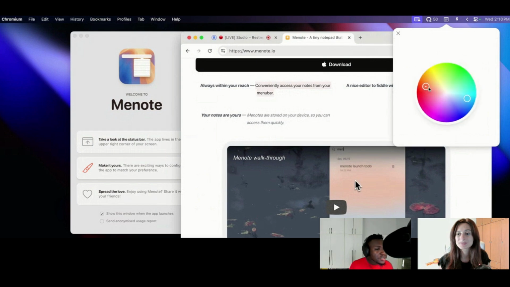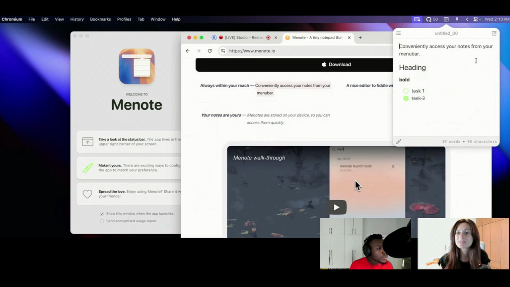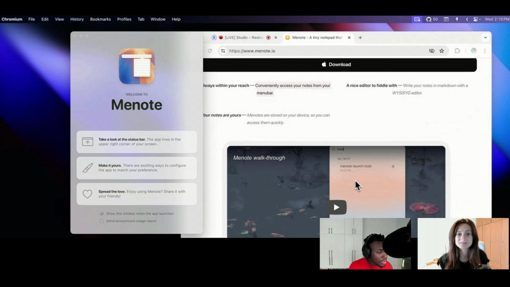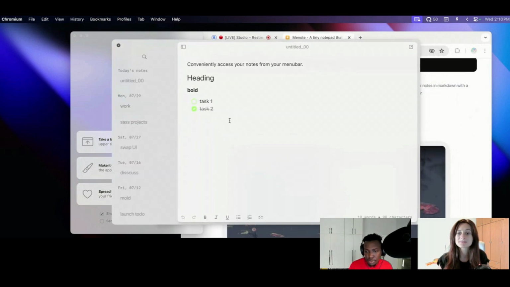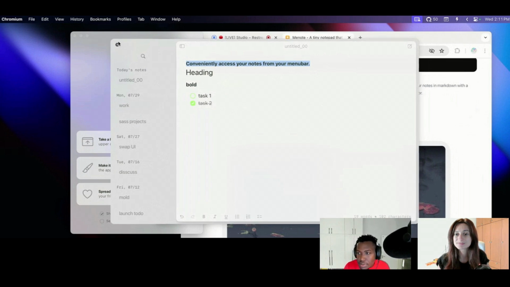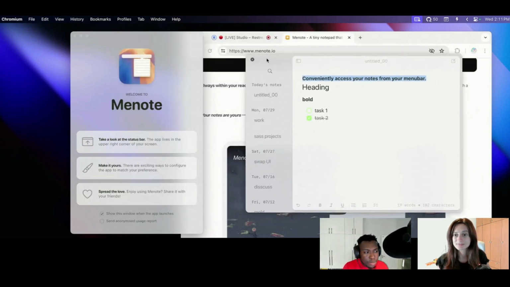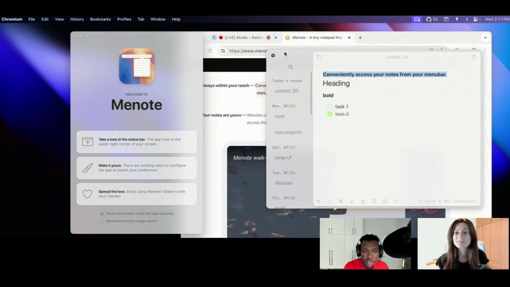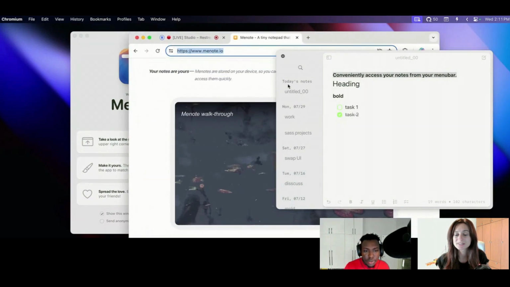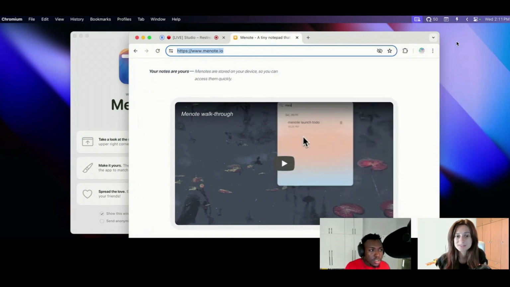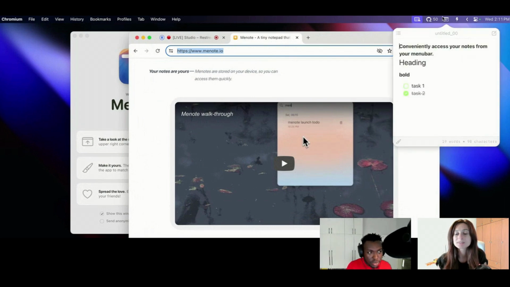You can decide to customize, do all of these things. And if you want a more immersive note editing experience, you can press Ctrl F, and you have this bigger editor, same Menote, so you can do more things easily. And all of this doesn't really interrupt your normal apps. They always stay on top, so you can continue surfing the web. Then once you're done, you can close it. It goes away, and you can always access it back on your menu bar.